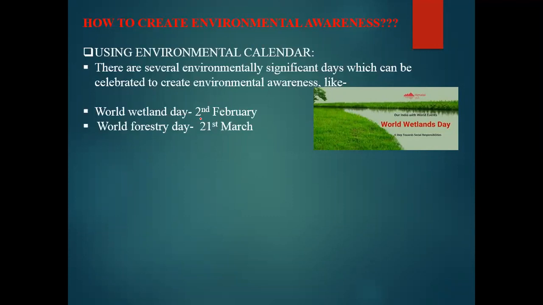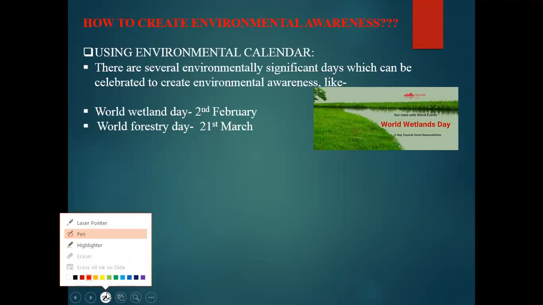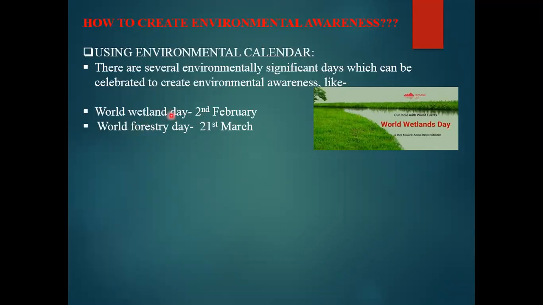So these wetlands have many important species of plants, many important species of animals, and they also have some biological significance because they help in minimizing the effect of flood. So whenever a flood occurs, they have the capacity to absorb the excess flood water, and thus they minimize the